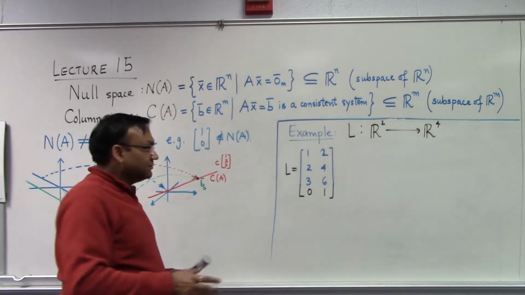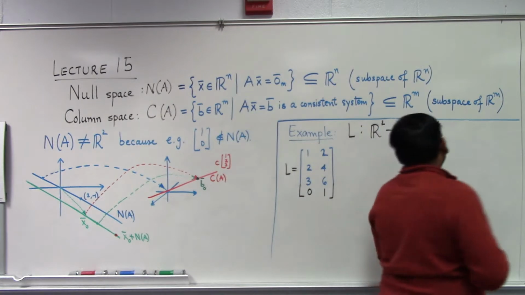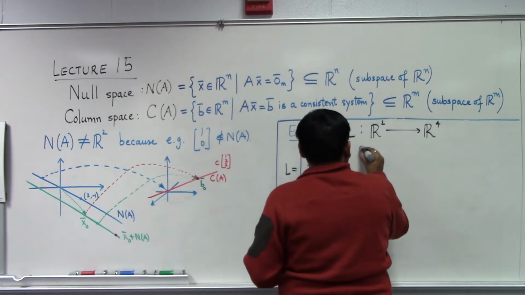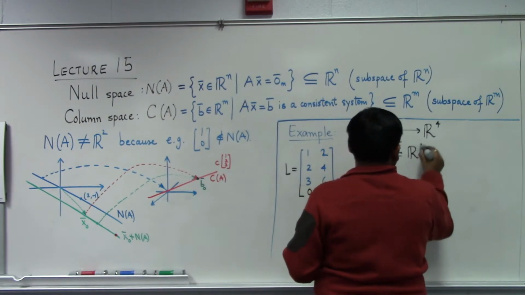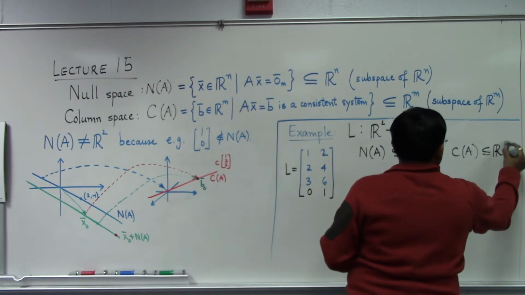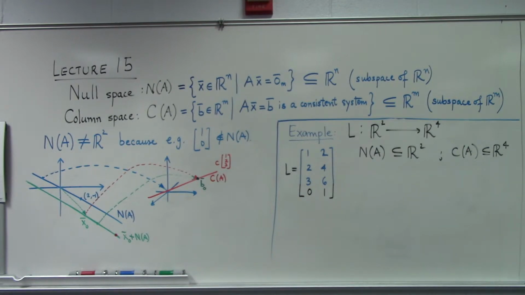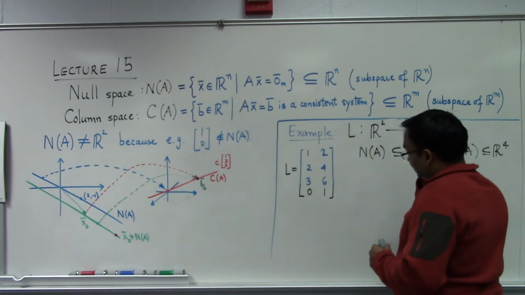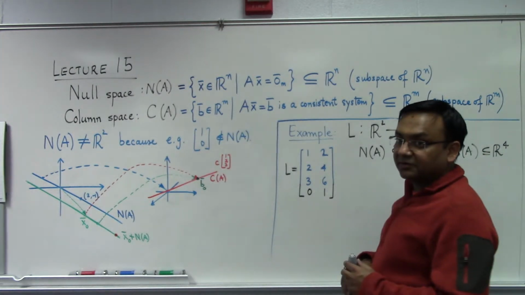So now the question is, what are the changes that we will get if I make a small change like this? How will it affect the null space? Now, the null space this time is again going to sit inside R2. And the column space this time will sit inside R4. Remember last time what had happened? Null space was a line, column space was also a line. This time by adding this vector, what will happen? What will change? Now as you can see, the way I have given this matrix, the first column is not,